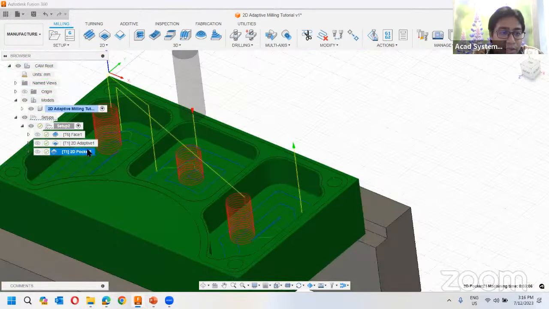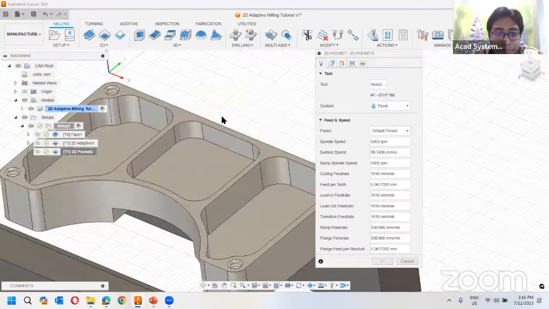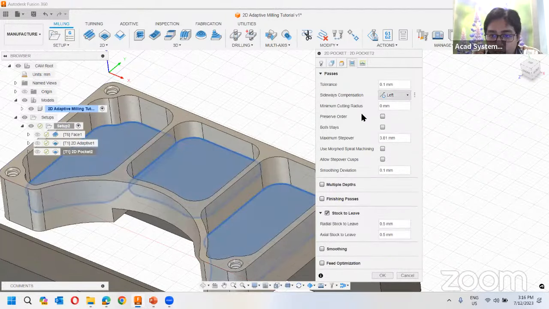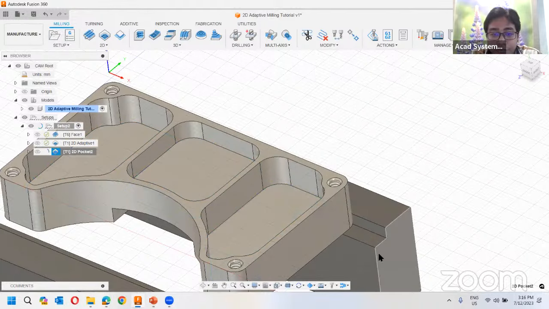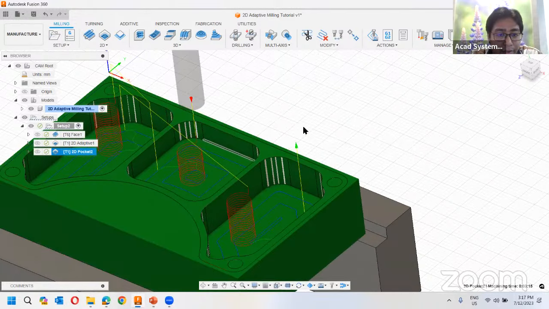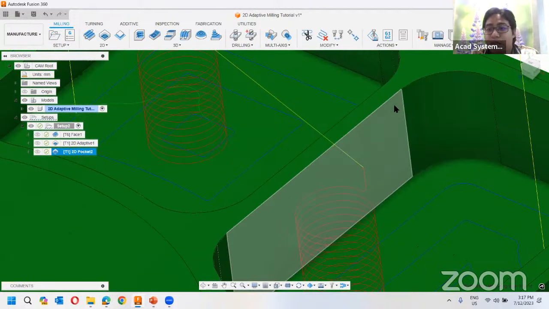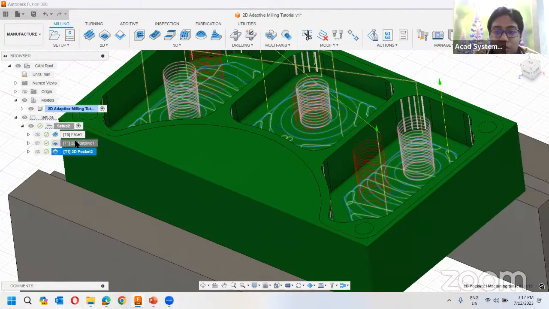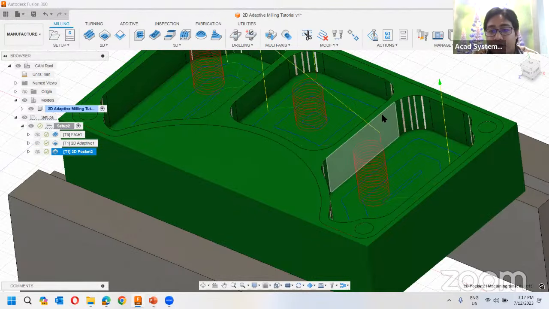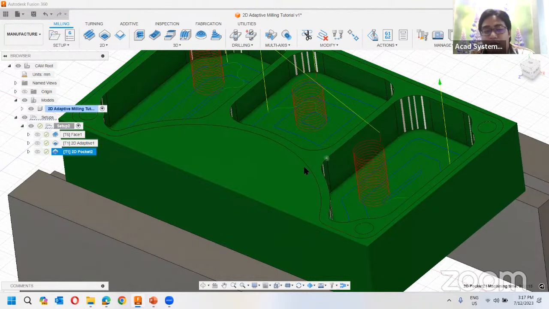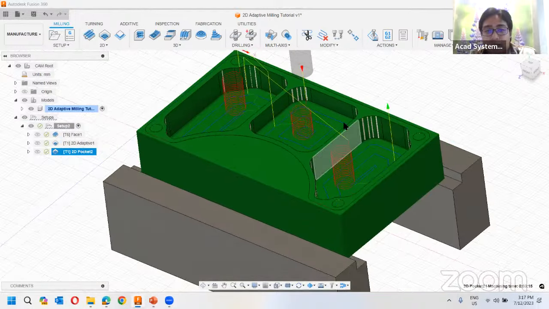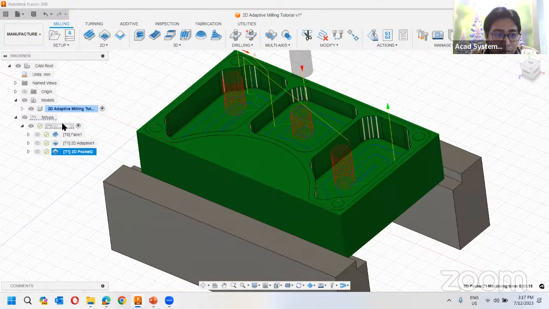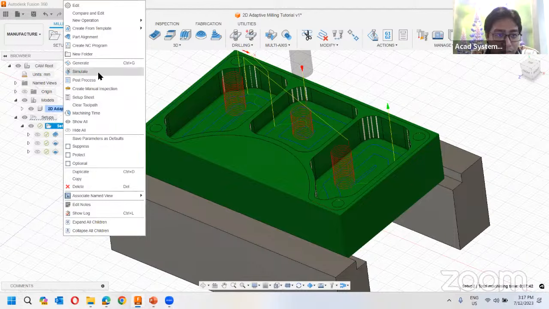So you can go back and edit these tools. I can select the passes and turn off the stock to leave. Now you see it will cut according to what you want to see. In comparison to this one, this will finish up all these excessive materials from here. Other things that I might want to edit here are the tools in here, right? So if I edit back the operation and simulate again,